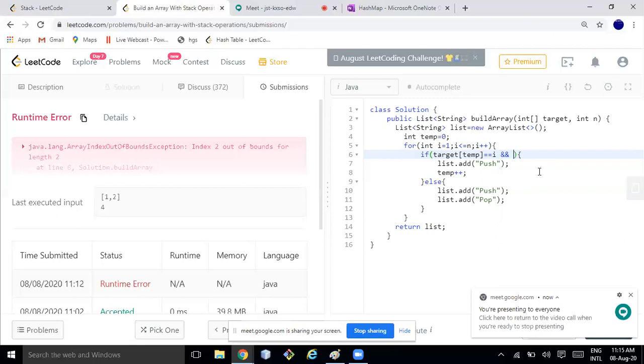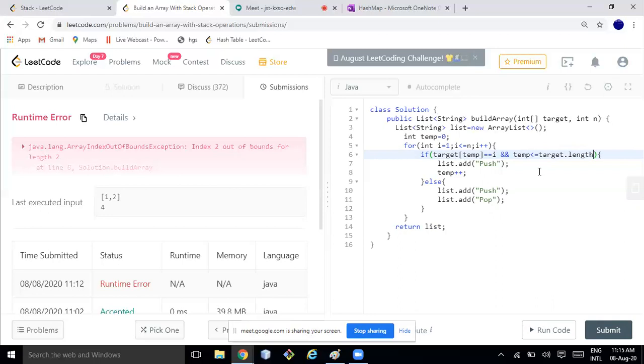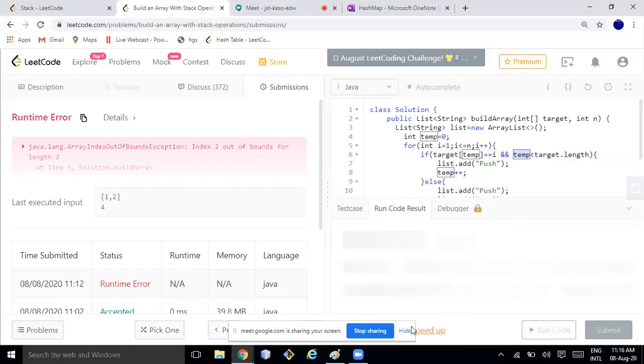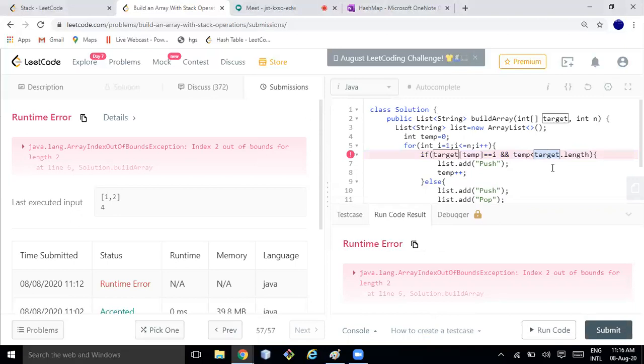and temp is equal to... okay, so temp should be target dot length.